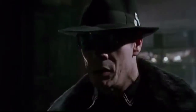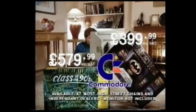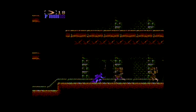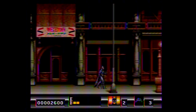the Movie, Ocean's tie-in for the biggest blockbuster film of 1989, a monster hit that ended up being the packing game for Amiga 500 bundles, selling the computer by the shed load here in Europe. This particular Batman movie has a whole load of tie-ins associated with it, of course, and unusually almost all of them are excellent. Mind you, this one isn't as famous or well regarded nowadays as Sunsoft's NES or Mega Drive